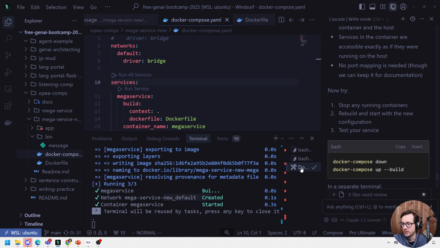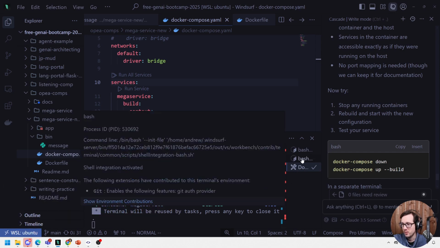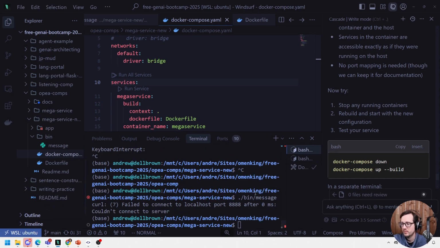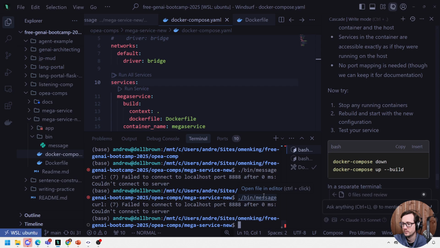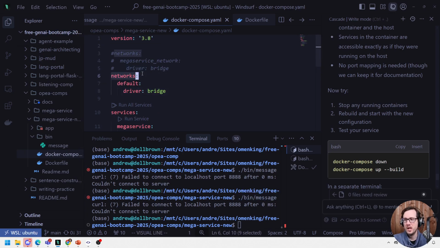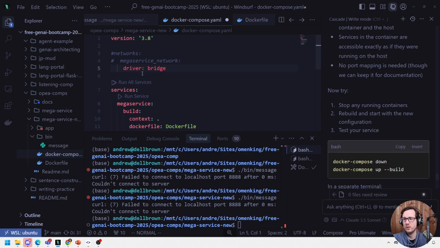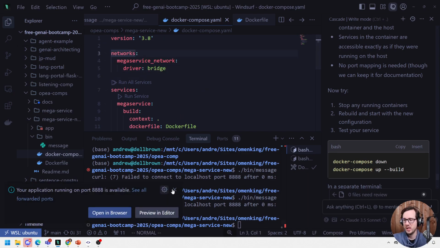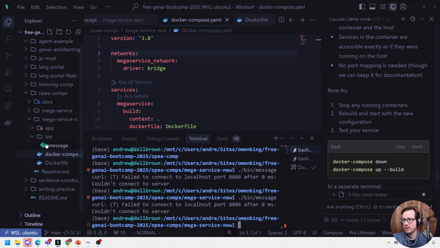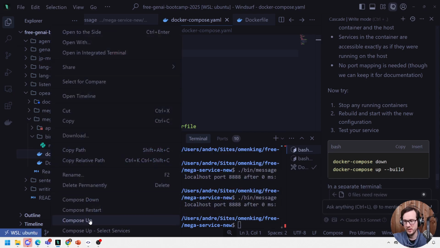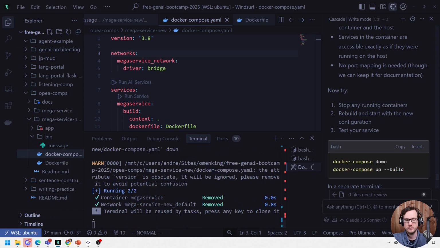If we go over to here, your application is running on port 888. So port 888 is being exposed. Okay. So I thought this might have something else, but it literally creates a default one with a really funny name. And so we might as well have a name that we like here. We'll just hit stop there. And give me just a second to figure this out. Be back in just a moment.